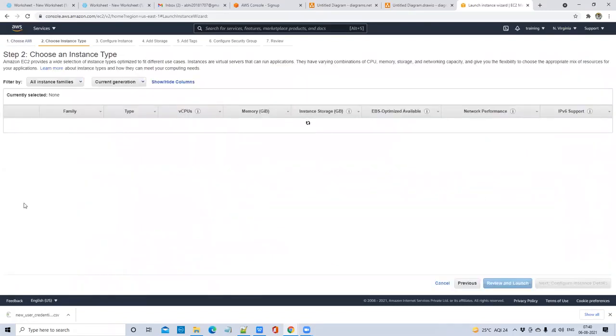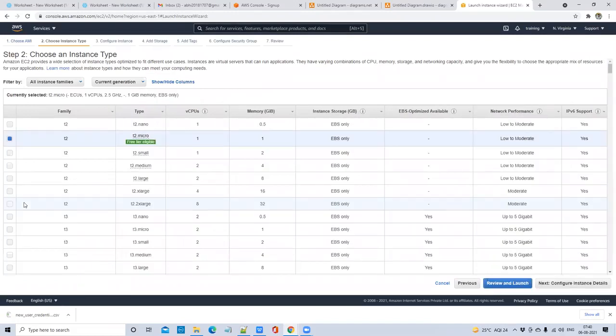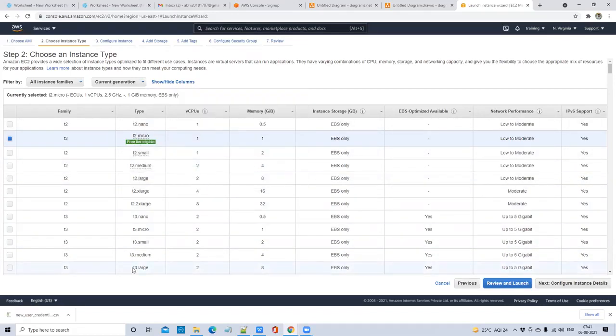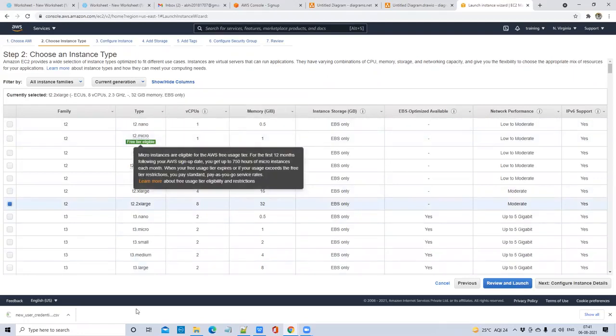Select here. For any machine, you need some CPU and some RAM. Generally when you buy a laptop, you choose that configuration. So here we have different instance types. Depending on your application, let's say I want to run a small Python code, maybe T2 Nano or T2 Micro is enough for me. Let's say my application is a big data application, maybe I need a lot of space, so I may need T2 2x large. Depending on your application type, you need to choose the instance type here.